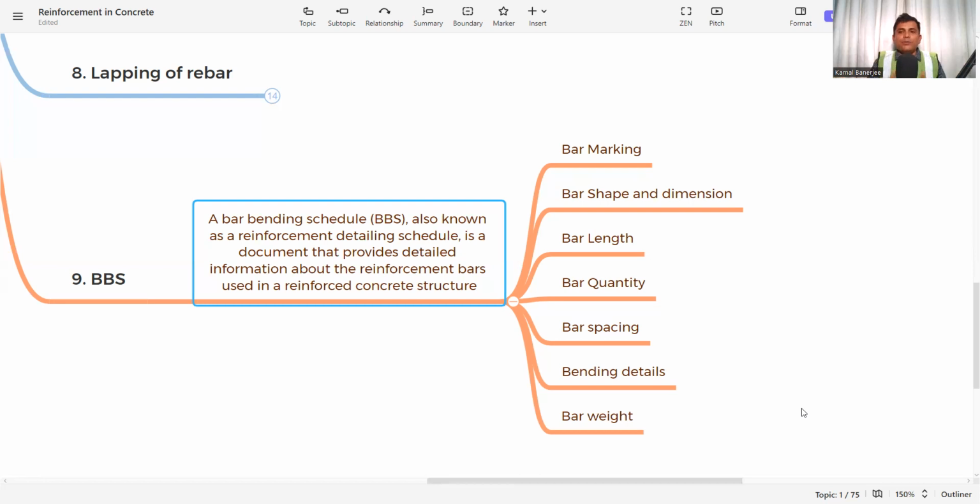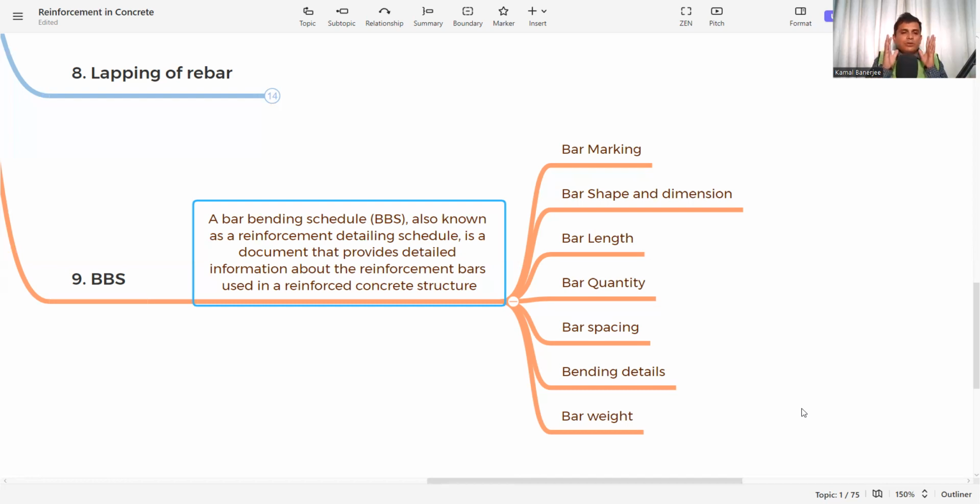And then bar length. So what will the bar length be? Then bar quantity. Maybe of the 9 meter bar you need 60, 70, or how many? If you do not mention how much quantity is required, the person who is cutting or bending the bar will be confused and cannot perform. So bar quantity also you need to mention, and the bar spacing or the center to center distance, and the bending details: how we will bend, and what the bending angle will be, 90 degree or 45 degree, or what the length of the bend is. That also you have to mention so that the person can bend and accordingly we can place it into the concrete.